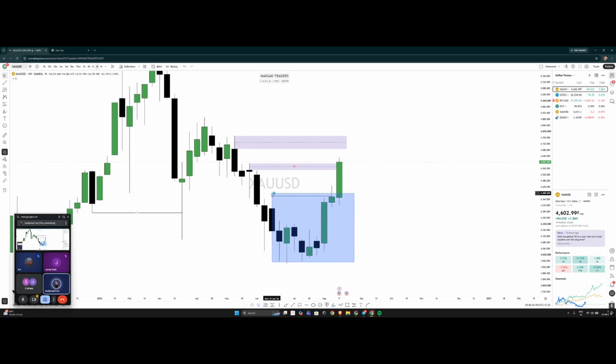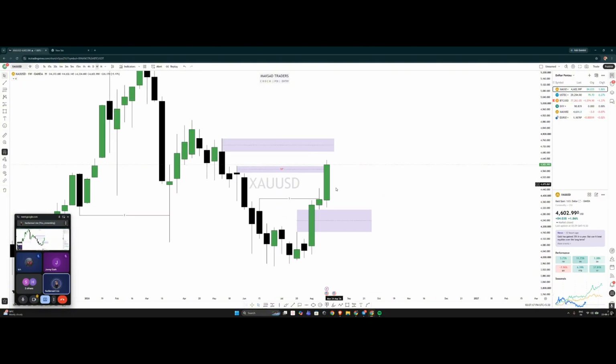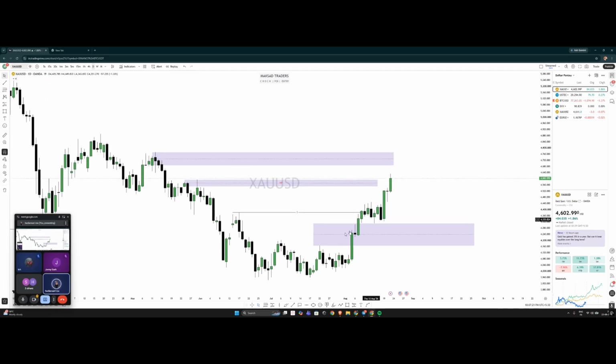So on weekly, this is all we have, to be honest, because this entire zone can act as a support. If the market retraces or anything, then this is the area that we can look for the buy, but it will be happening maybe in 2-3 weeks or something, not within a week. So looking to the daily time frame,